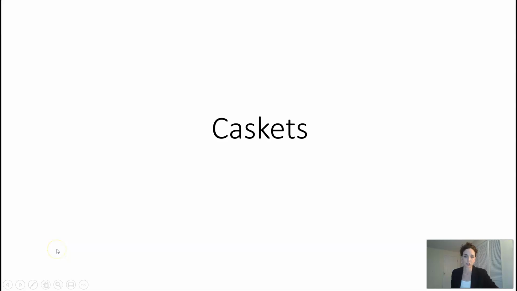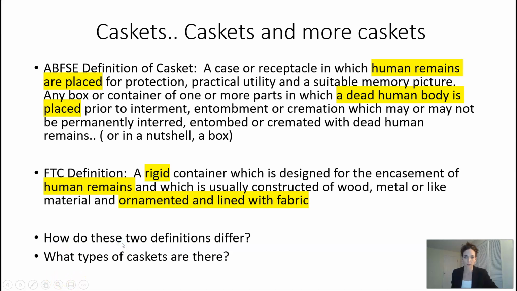There are two different definitions that in particular you're going to be responsible for, and I have both of them listed up here. As you're aware at this point, throughout your academic careers in mortuary school, you are literally going to be presented with thousands of definitions. It's a lot to ask of you to know all of those by the end, but you should have some familiarity with those terms either way. Even if you can't memorize the whole definition, you should be able to have a general understanding of all of those terms.